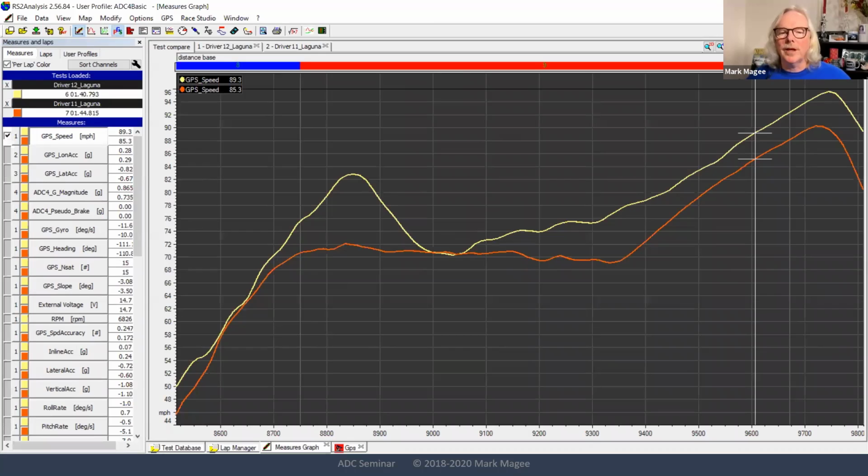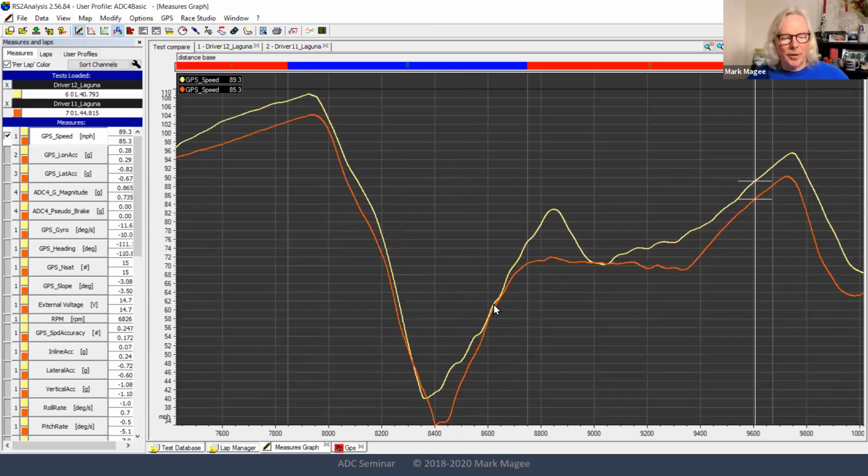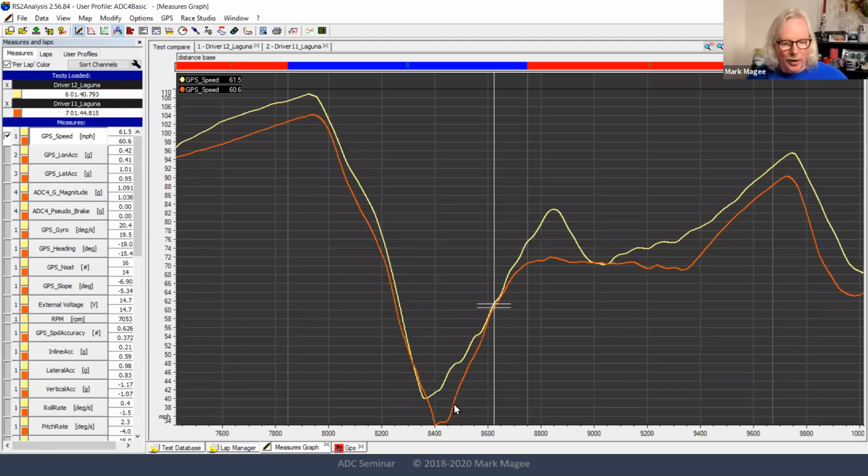So what you can see, let me zoom out one tick. You can see at one point, the drivers are going the exact same speed. Driver 11 slows down more, but is able to catch up. And they're going the same speed through the corner. Driver 12 keeps his foot down and is accelerating deeper into the corner, and then decelerates to get set up